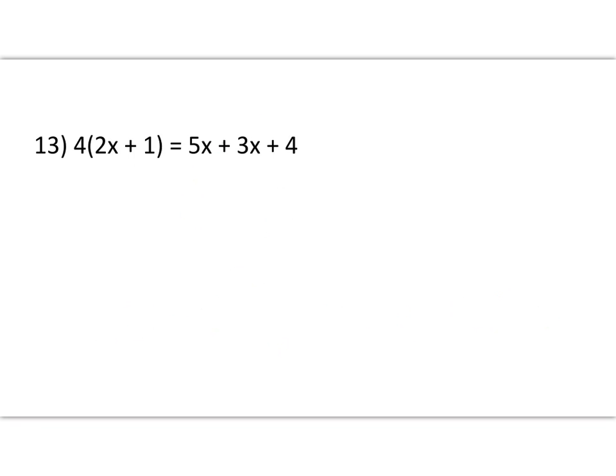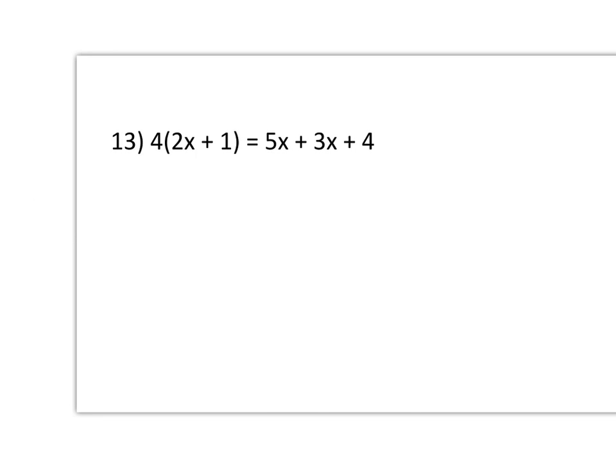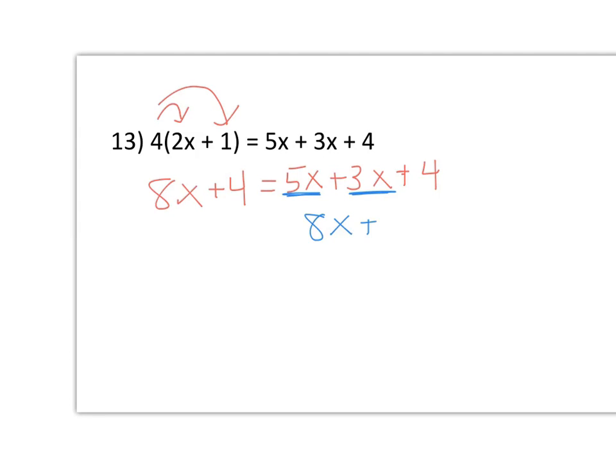All right, example here. Now again, I noticed automatically I see a number outside of parentheses, so we should be very comfortable distributing. 4 times 2x is 8x. 4 times 1 is a positive 4, and I'm going to bring down everything on the other side. All right, so my left side looks good. On my right side, I notice that I've got like terms, 5x plus 3x. I can combine those. 5x plus 3x is 8x plus 4, and on the other side I've got 8x plus